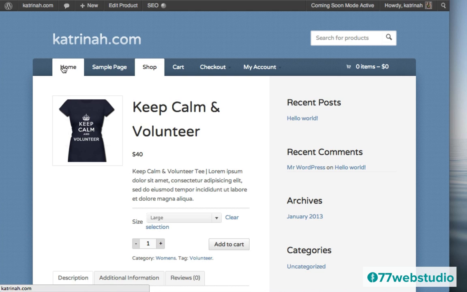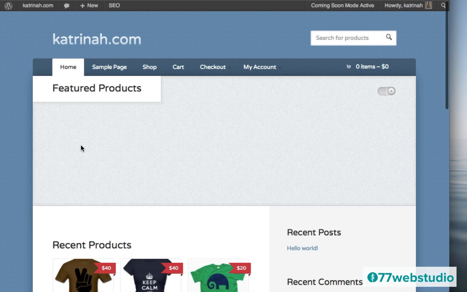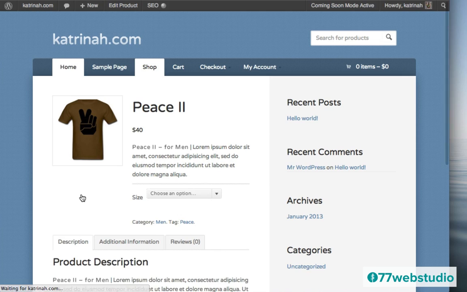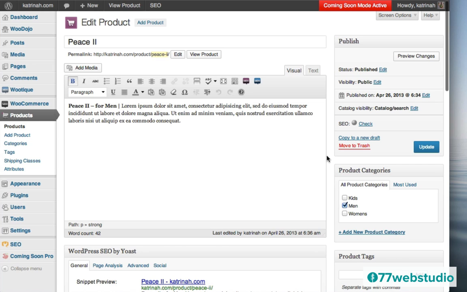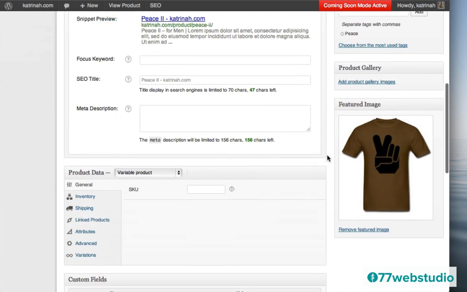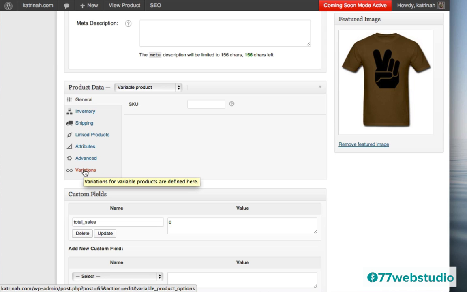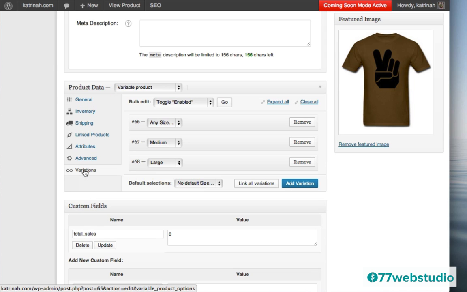So I'm going to go back to this item over here, to this brown men's t-shirt. I'm going to click on that, and I want to show you how to make sure that the Add to Cart button is always being displayed. So let's go to Edit the Product by going up to the top and clicking on Edit Product. And then you want to go down to the product data once again. Here we are on the product data screen. And to make sure that the Add to Cart button is visible, we need to click on Variations. So I'm going to click on Variations right here.